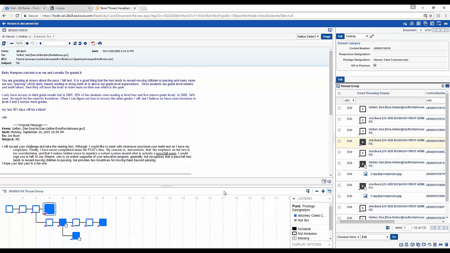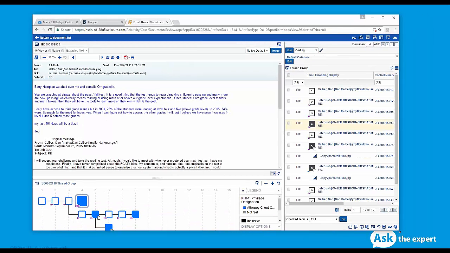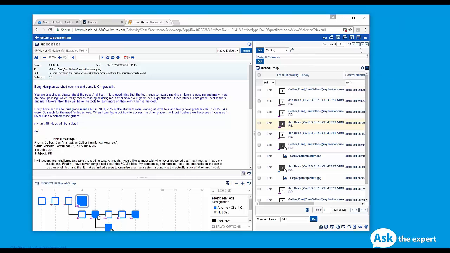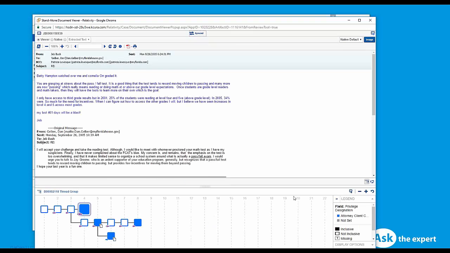Let's look at one other item here. Now, folks sometimes ask, can this kind of panel be popped out into a separate screen? And at this point, you can't pop this out itself, but I'll just illustrate one thing you can do. You could try this, see if this works for you. You can launch the standalone viewer. So if I click here to launch my standalone viewer, put it into sync mode,